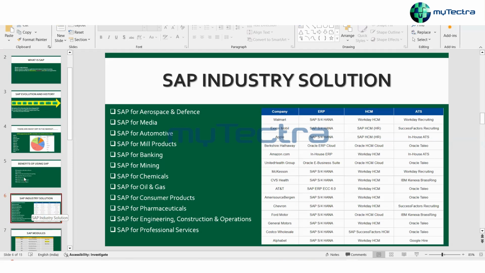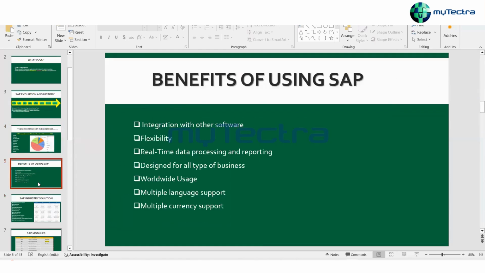There are some benefits of using SAP. Why are so many companies transitioning to SAP right now? The first thing is that SAP can be easily integrated with any other software.